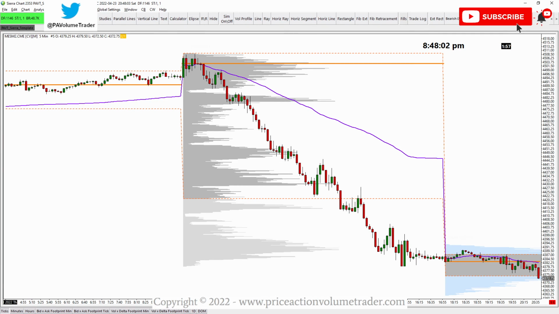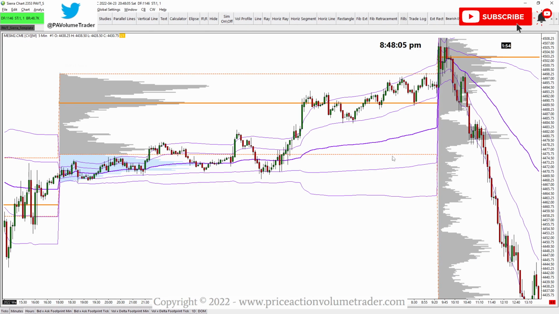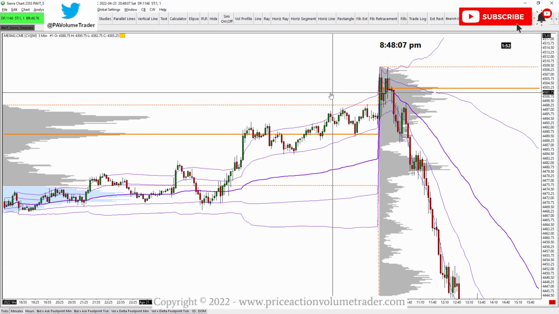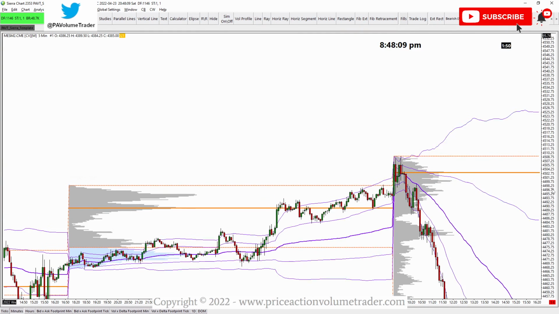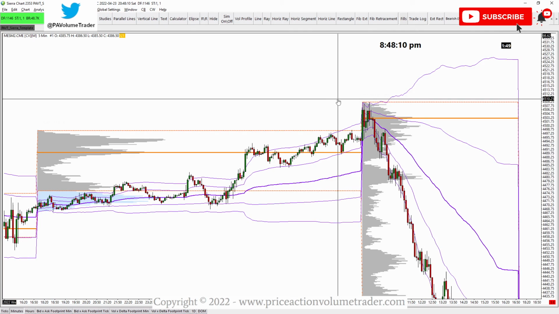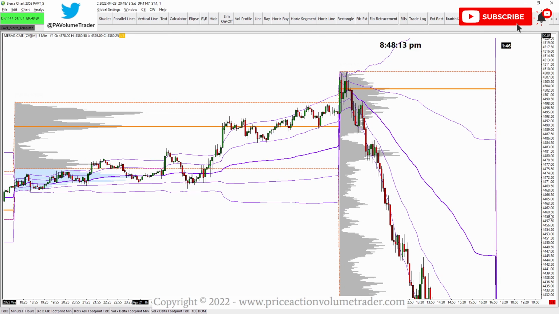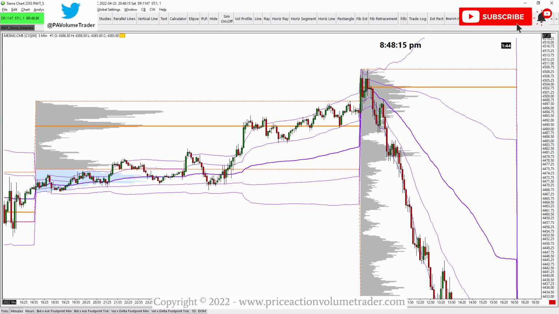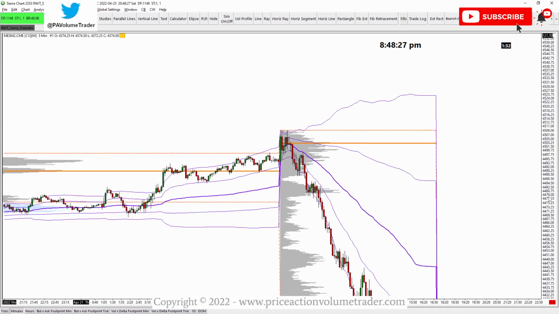So if I go here back to Sierra Chart and I have my session VWAP with the first and second deviations, you can see how when we start getting strong trends, price will usually hold between the first and second deviations. Like you have this day here where we had this monster dump